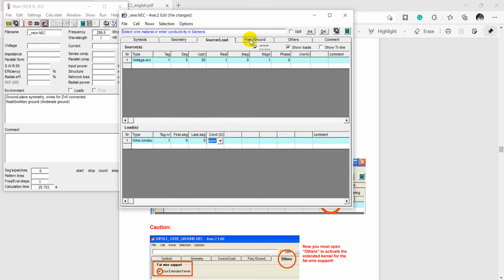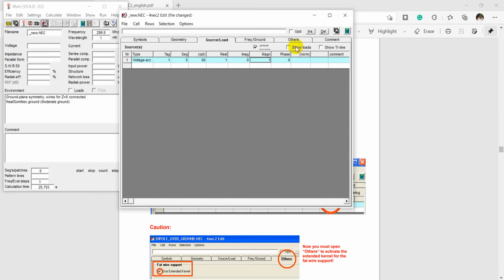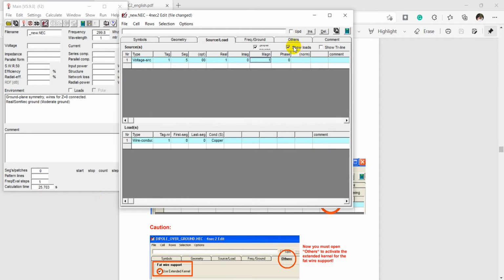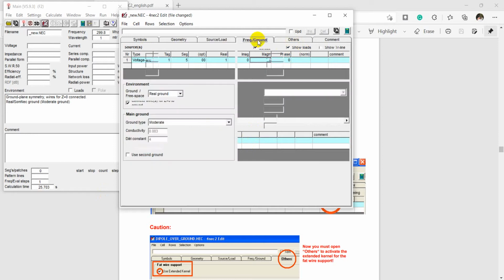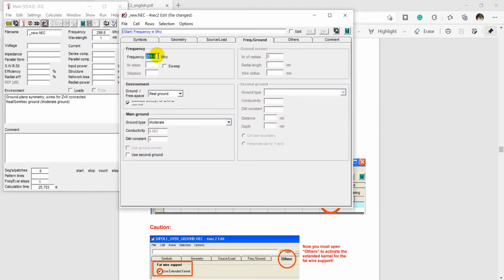So after filling this, sometimes there is no load section, so this time you have to check this box and click or tap to show this dialog. If you unclick this, then the box is gone, and if you click this, the box is already showing below this source segment. When the frequency segment is entered, you have to put in your required frequency. Here I give 300 megahertz, and